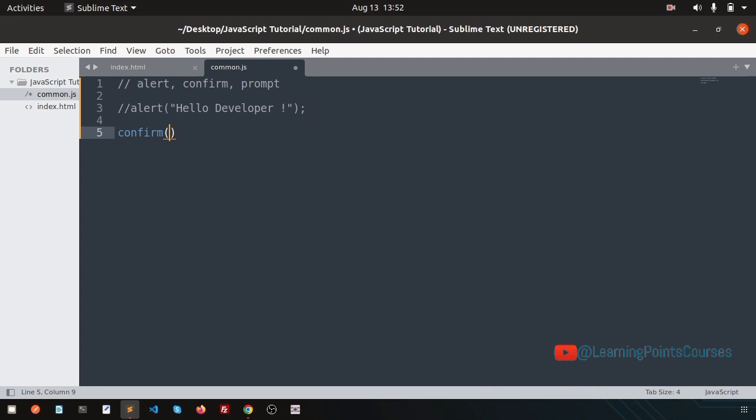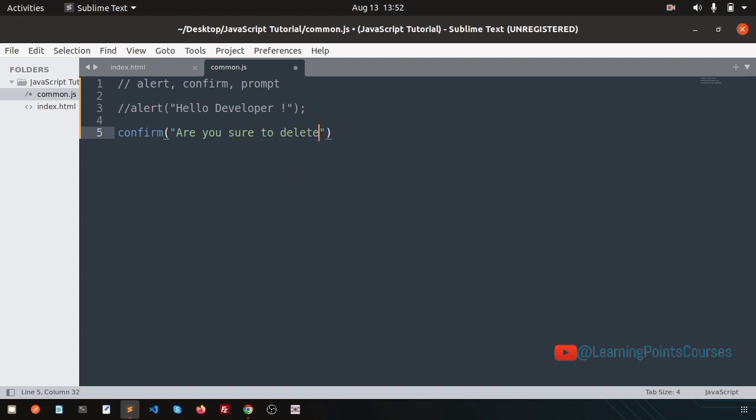For example, in the delete section of your application, before deleting directly you want to confirm that the user is sure they want to delete. If the user says yes, then you will do something, and if the user says no, then you will do something else. Here write are you sure